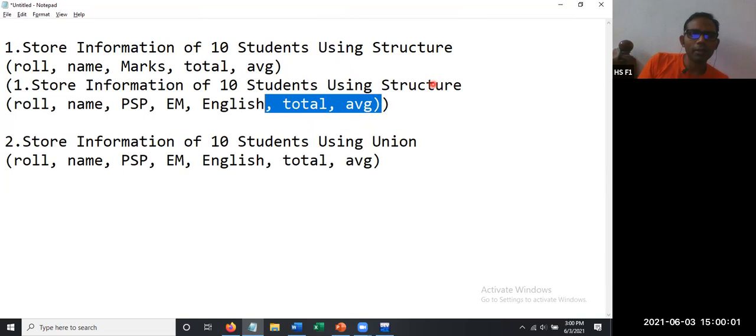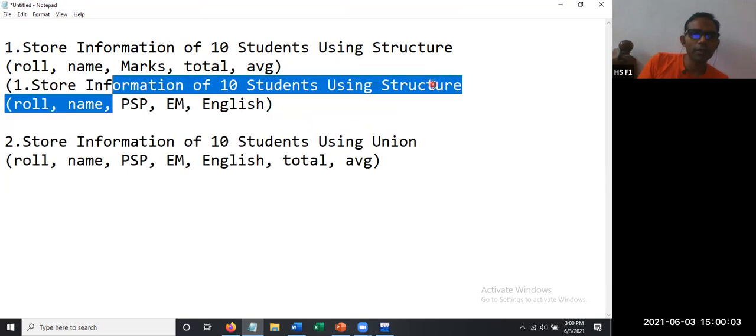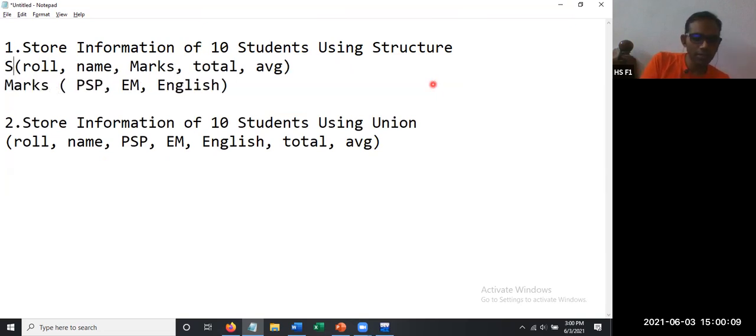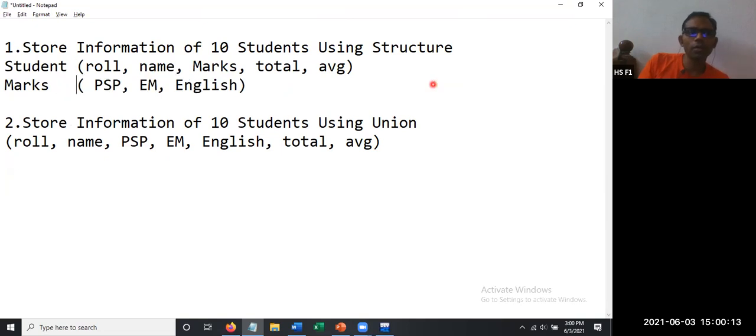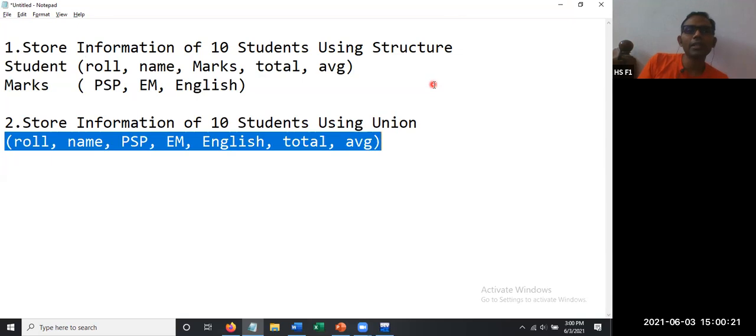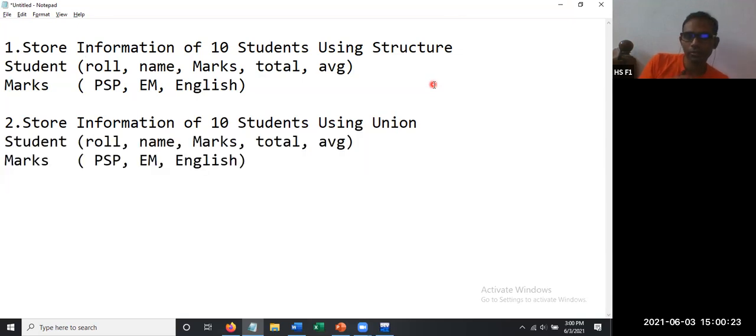We'll have English, PSP. So the name of the structure is marks, and here the name of the structure is student. Structure or union, whatever you call. Is this clear? So we have nested structures. Here we have nested unions.